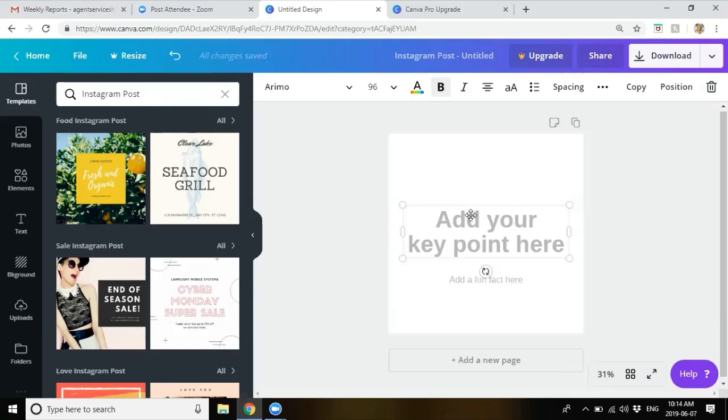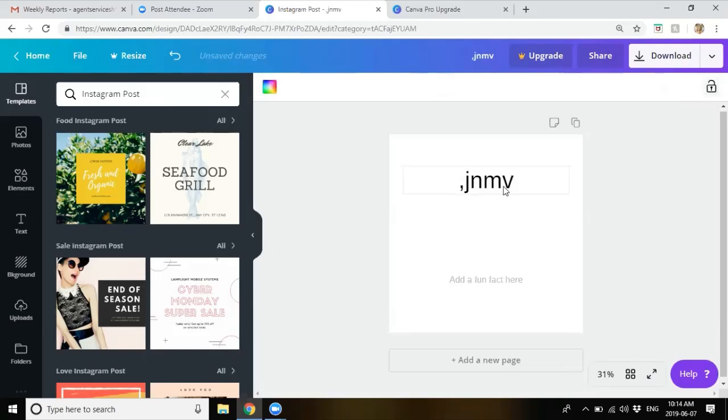So like I said, if you don't want these text boxes, all you have to do is click on them. There's a trash can up in the corner that's for delete, or you can press delete on your keyboard. It doesn't matter. If you want them there, you can move them around if you need to. Obviously, you can change the text in them, but I'm just going to delete these for now. So we have a plain white square. So as you can see,